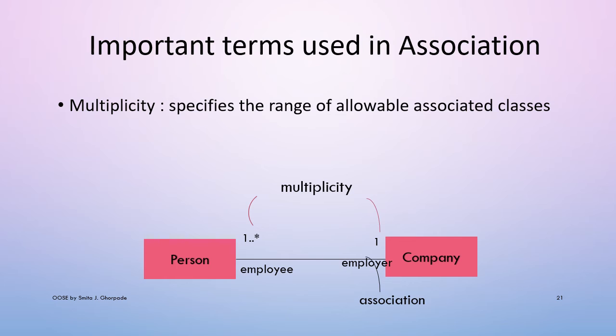Then we can mention a role for the respective classes also. For the person class, the role of person is employee. So the person class has the role employee and the company class has the role employer. Employer means who facilitates or provides the job. So role names are given with a textual sign, that is employee and employer are the roles of the respective classes. For an association relationship, we can show a naming convention, that is the name of the association, the multiplicity of the association, or a role of the association.